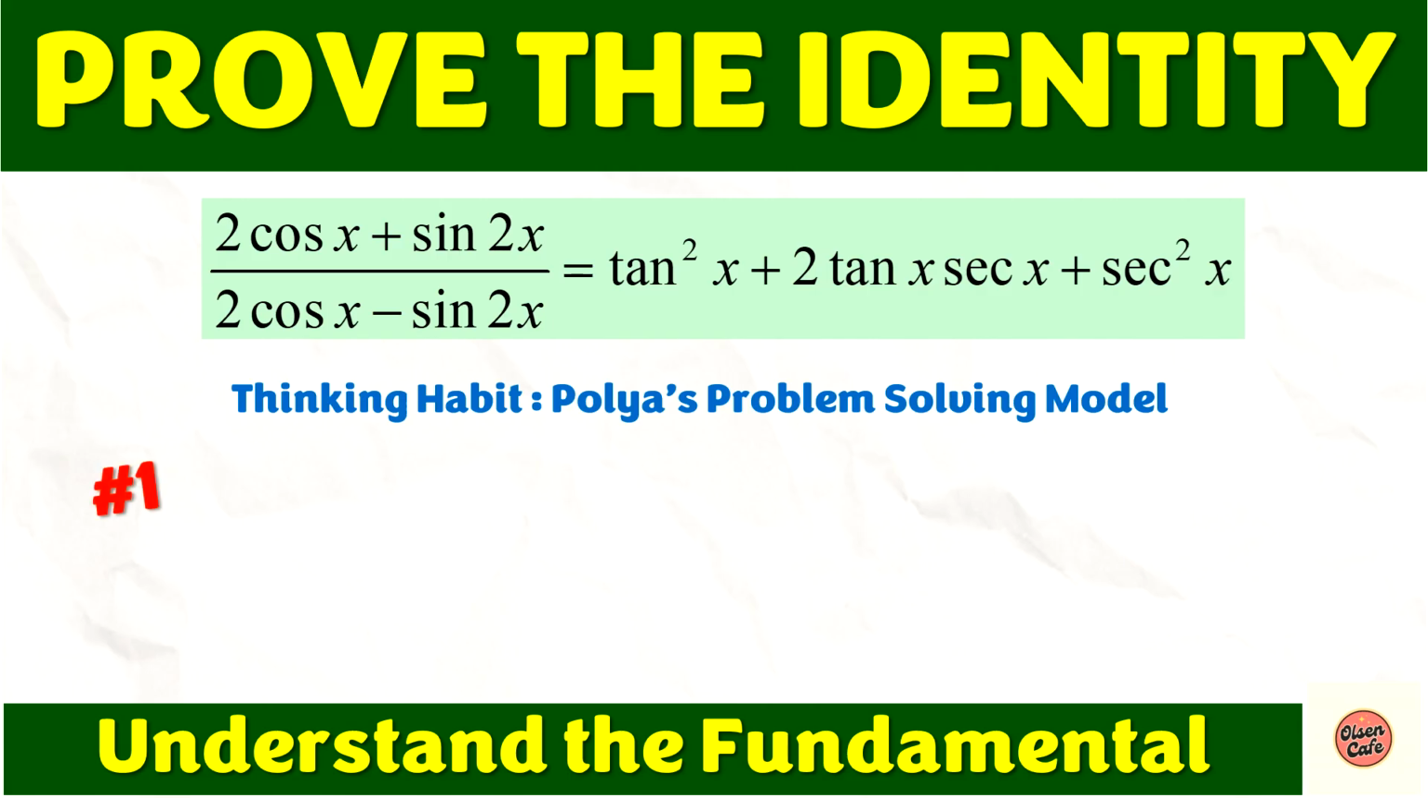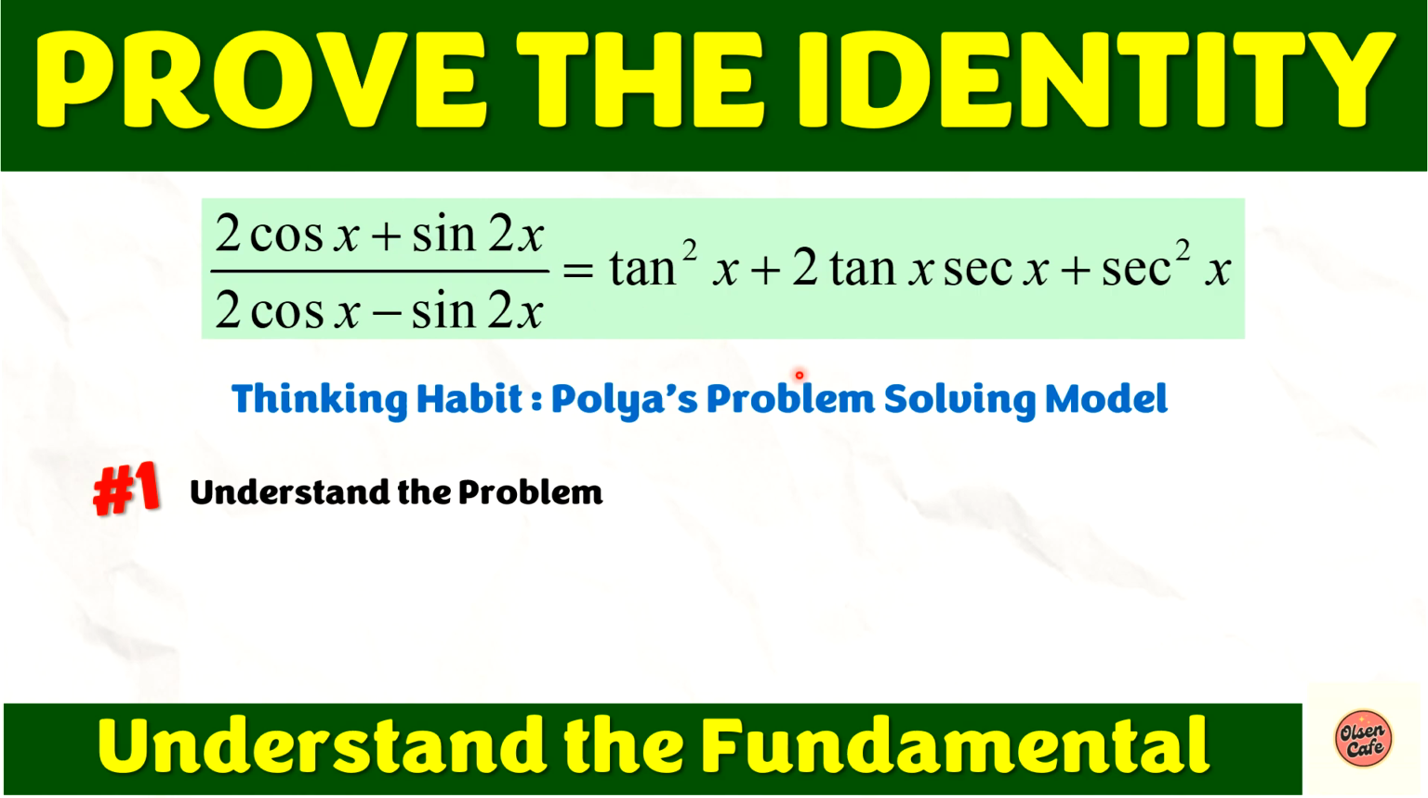The first stage is to understand the problem. In this particular case, understanding the problem means we need to know exactly what trigo functions we have. Over here, we have sine 2x, secant x and tangent x. So you will need to understand exactly what trigo identities or properties you will need to apply. And not only that, because this is a proving sum,